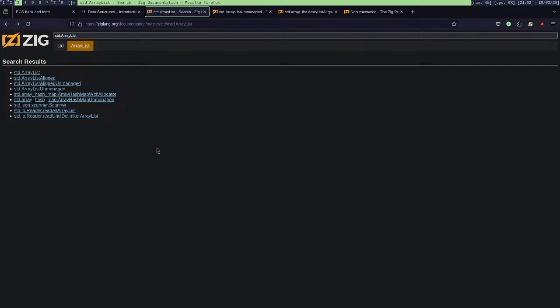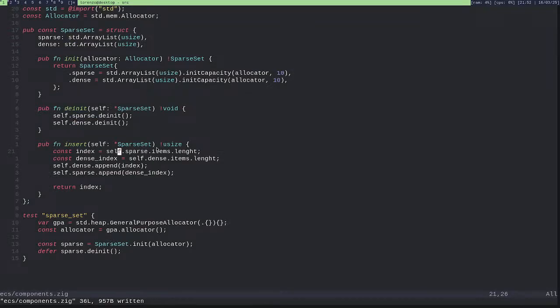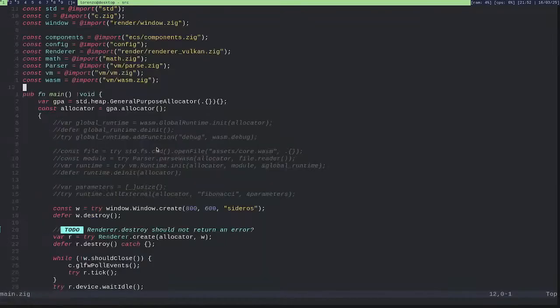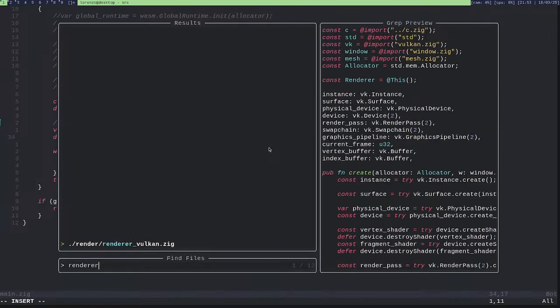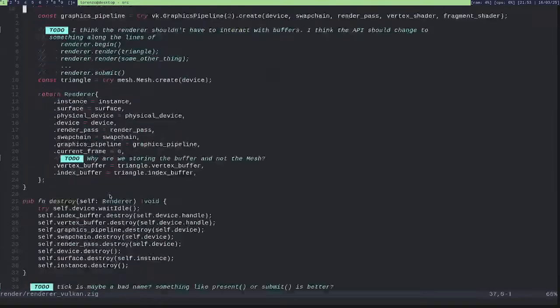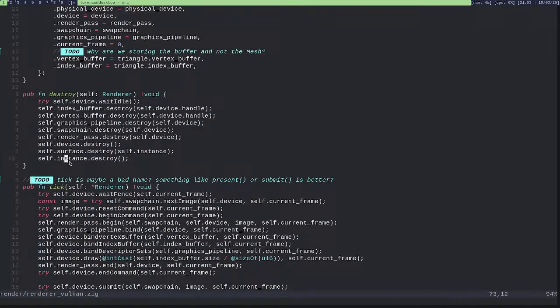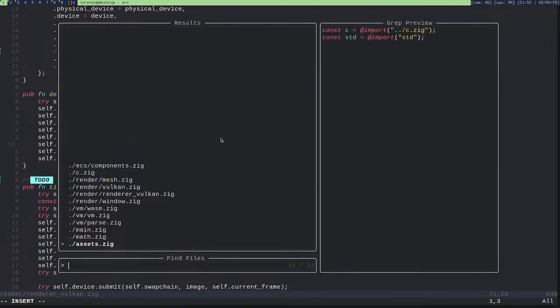Oh, if I did so, that's an error. Oh, no, it's not. Wait, let me see, because I don't remember. I think I'm calling that here, yes. So here I destroy the renderer, and destroying this will call device destroy.